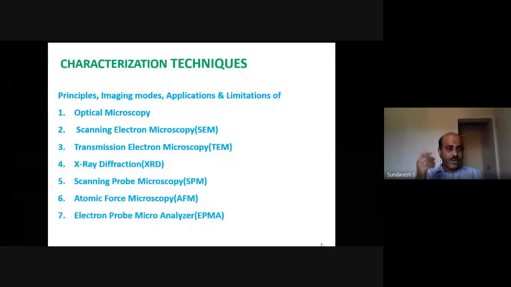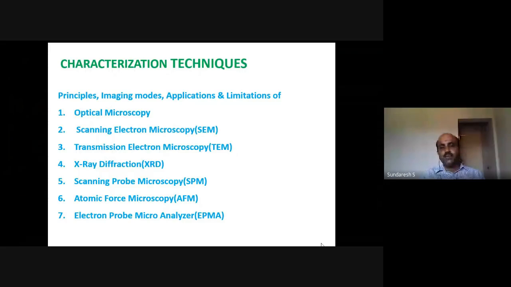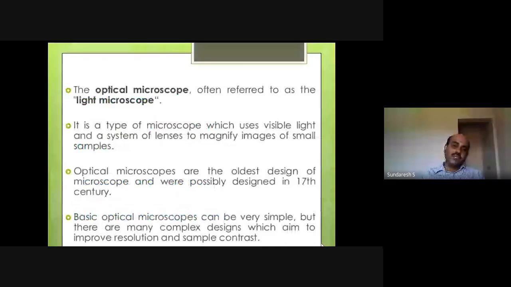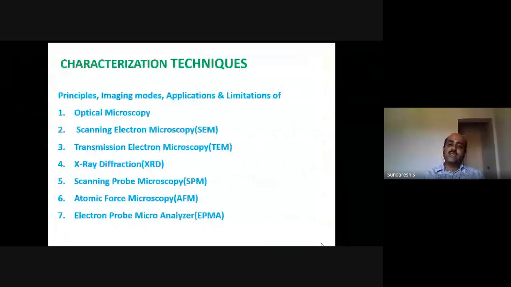There are so many characterization techniques available for us. But in our syllabus, we have only 7 techniques specified. For all these 7 techniques, we need to discuss the principle, the imaging modes, applications, advantages, as well as the